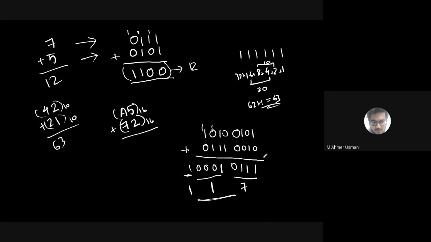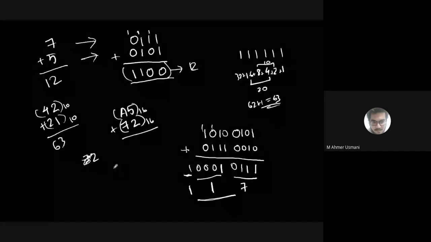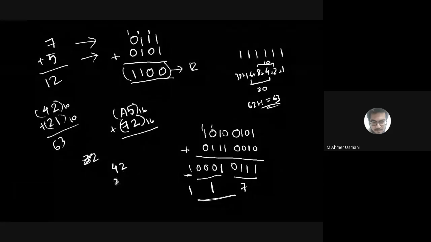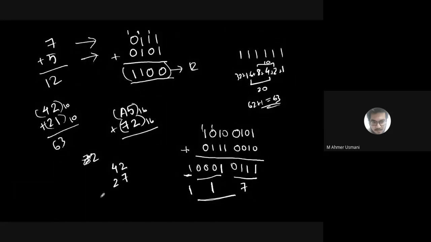Yes, sir. Now do for octal also. Just finish it up for octal as well. So 72 plus, let's say, take smaller numbers, 42 plus 27. Do for this. These are both octal numbers. 7 के बाद क्या आएगा? 8 नहीं आता. It will become 1 0 1 1. So 1 यहाँ पे जाएगा. 4 plus 2 is 6, and 7, so 71. Get it using binary.